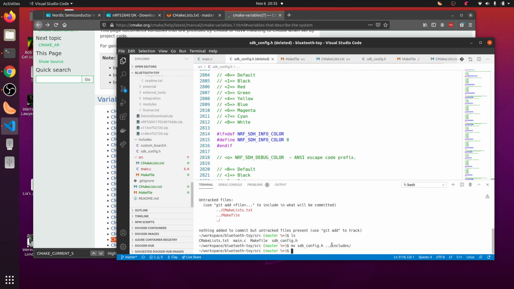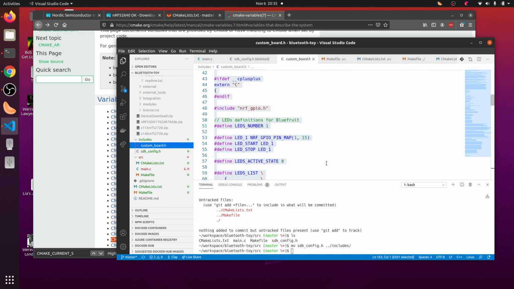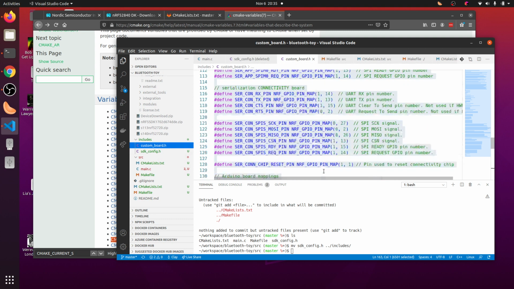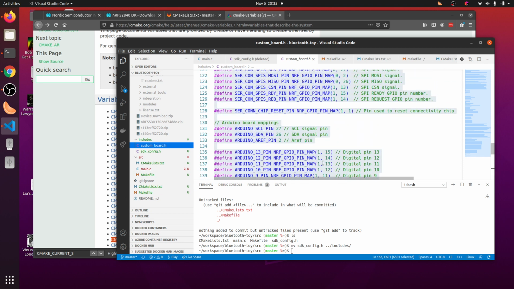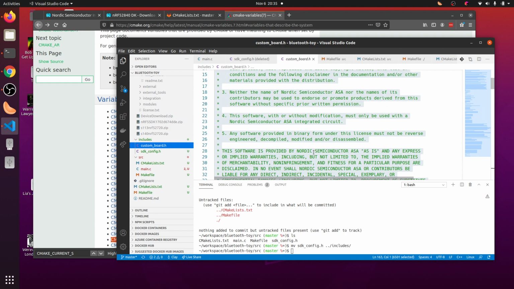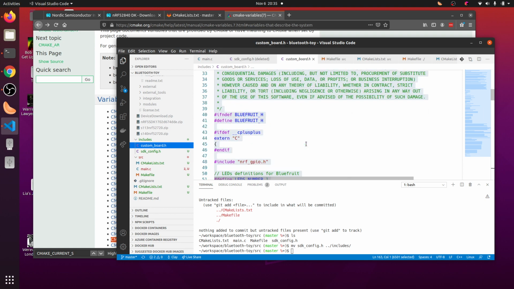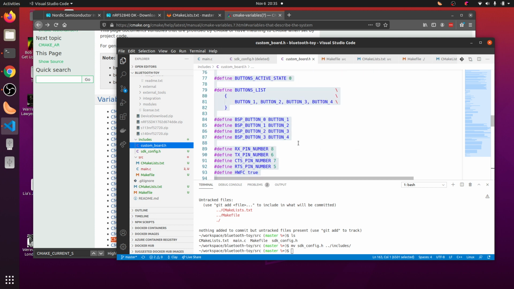Alright, I'm going to put that in the includes folder, and that'll make life just a little bit cleaner down here. We've got our includes, we've got our custom boards. And this custom board, I'm not sure how much we need this custom board, to be honest. Oh, we do need it for some. Our board